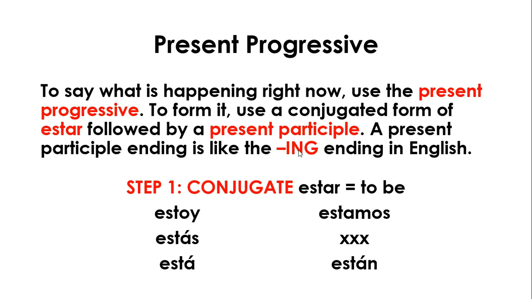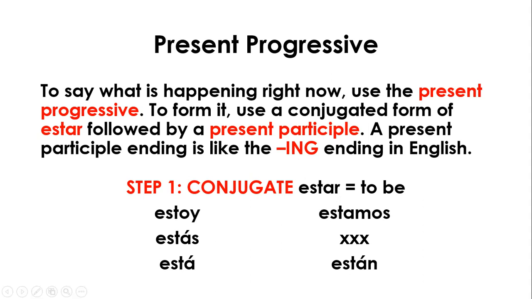So your first step is to choose the right form of estar that goes with your subject. And estar is an old verb. We know this one already. So we've got estoy for I am, estás, you are, está for anything singular is, estamos, we are, and están,